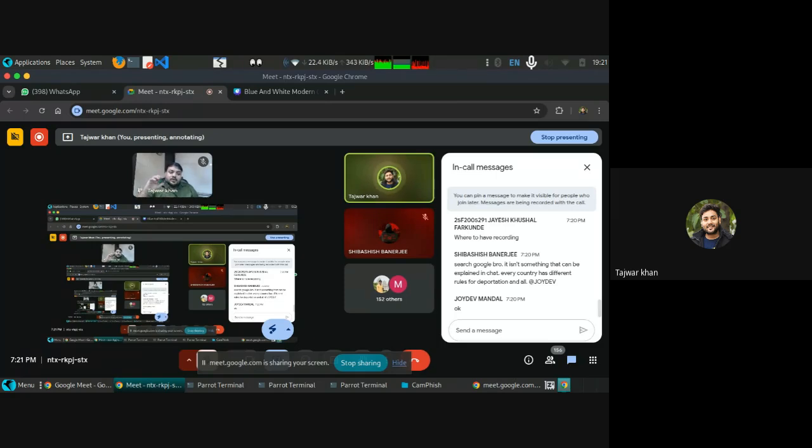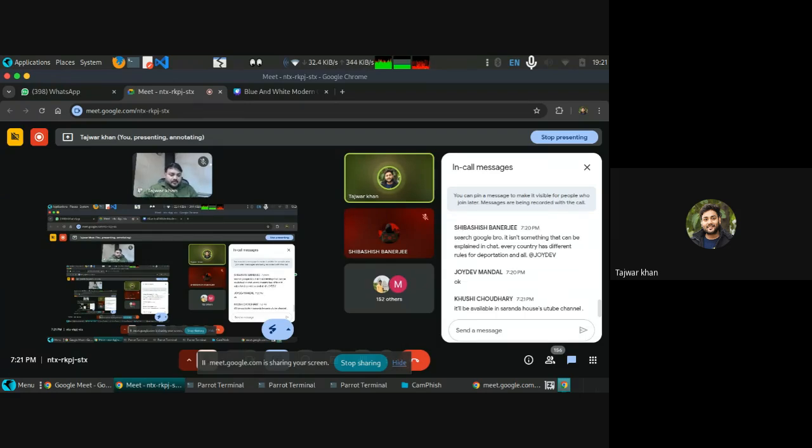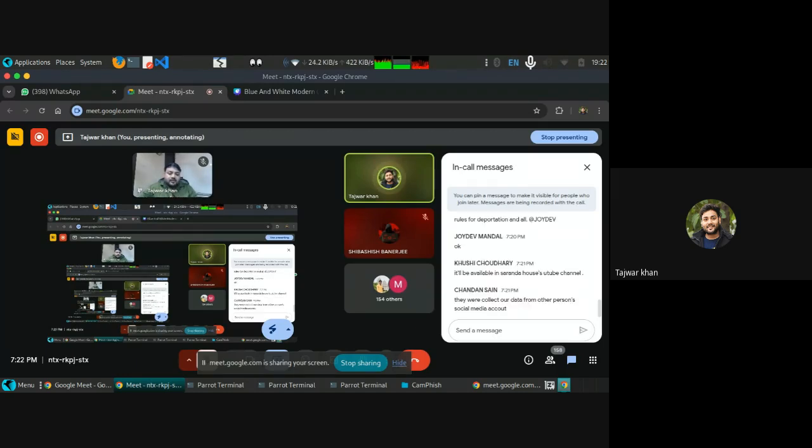cartoons. Let's suppose they are sending a particular cartoon, say Motu Patlu, or Tom and Jerry, or something like that. So now you can understand there is someone who loves cartoons. By digging deeper, we will understand more. They can collect this from other people's social media accounts, if you're doing something related to those accounts.